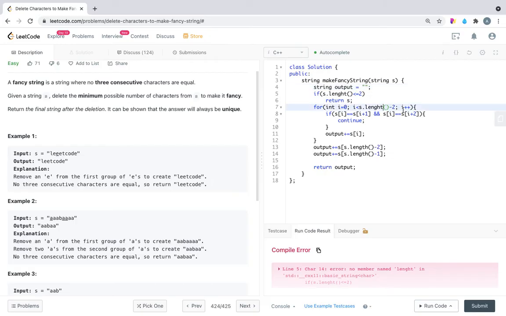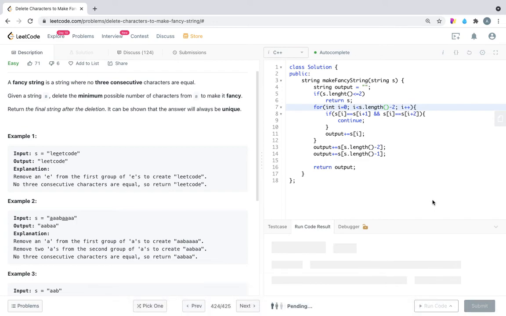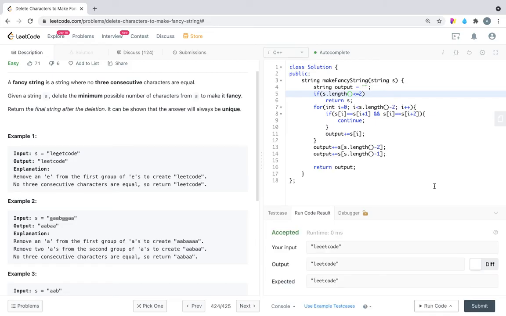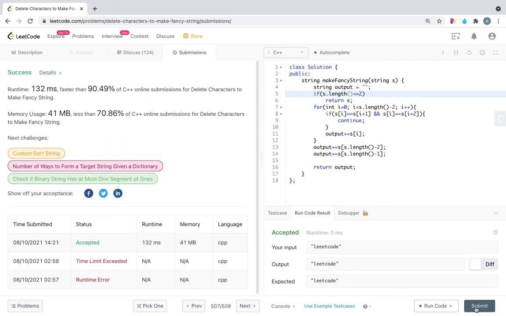There's an error on length, in line 5. Yeah, so the custom input case passed. Now let's run it for all the cases. Yeah, so now this is accepted. So thank you for watching the video. Hope this helps.